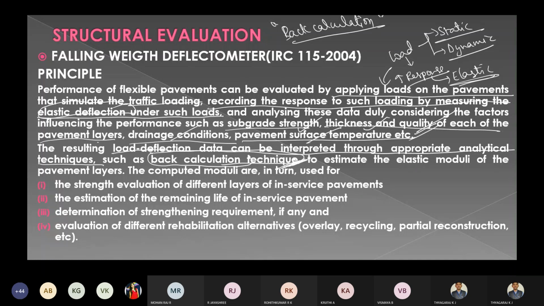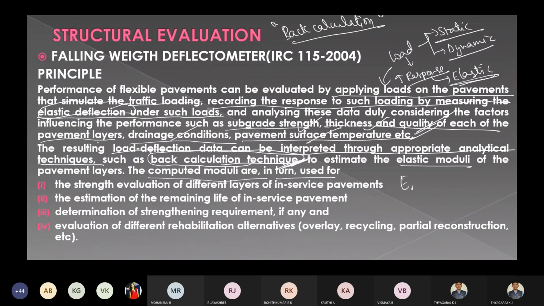So remember, the principle behind the FWD is that whenever we apply the load on the pavement, the elastic response we get, that is the elastic deformation response, is analytically analyzed using the following criteria: subgrade strength, thickness, quality of each material, drainage condition and temperature. Then by working out all this data using the back calculation method, we adopt this FWD.